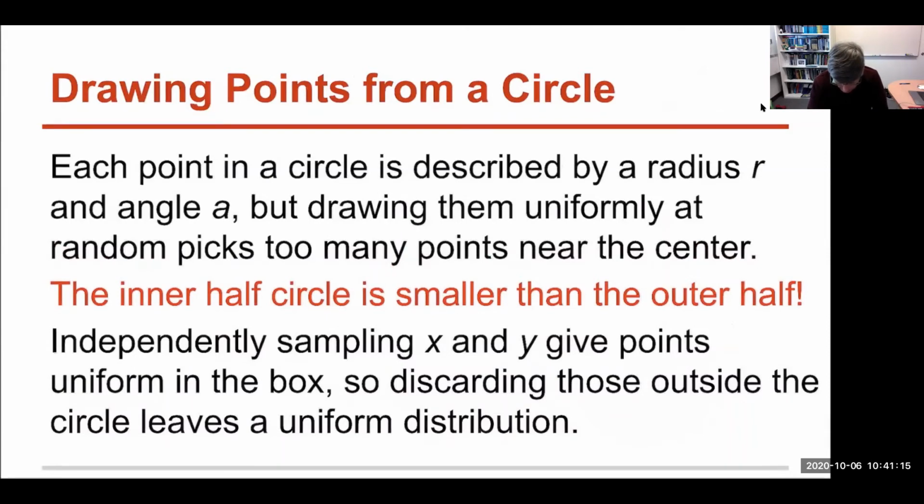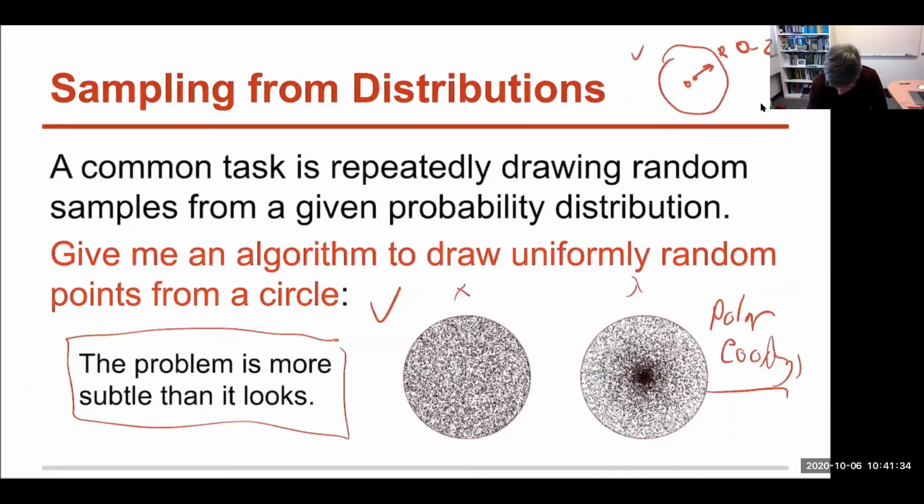How, on the other hand, can I generate uniform random samples? What if I sample X and Y coordinates uniformly within the box containing the circle, and then discard those that are outside the circle? How did I generate this nice uniform thing? I put a box around the circle. If my radius was 1, I put a box that went from -1 to 1, -1 to 1, okay? And I randomly sampled points